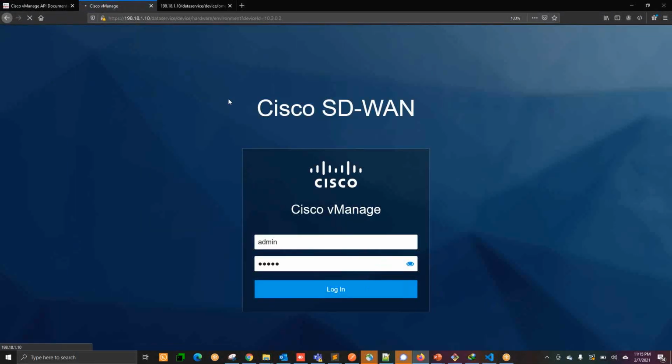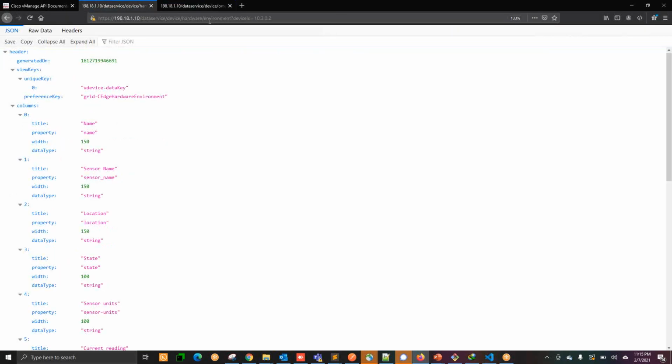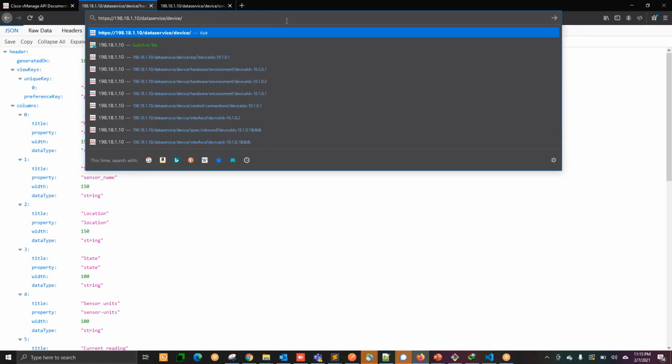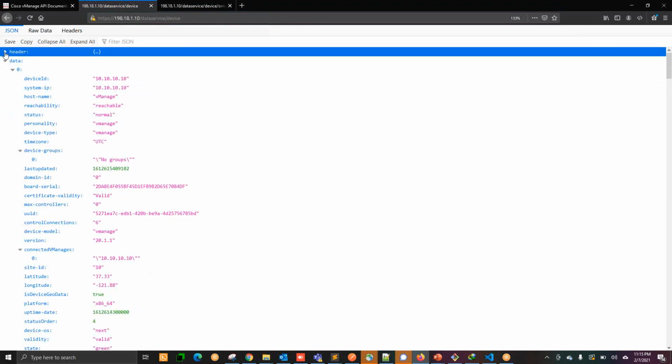Once I refresh the session, I know what my API is. I know that it is data service and device, so I can delete up to there. And I'm looking for the data field. So here you can see the data field, the device ID. These are the key things we have.